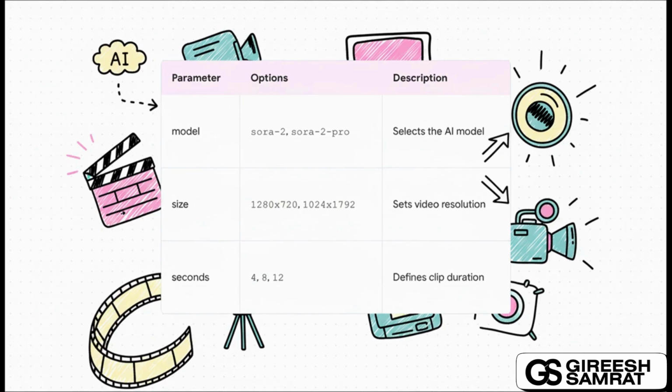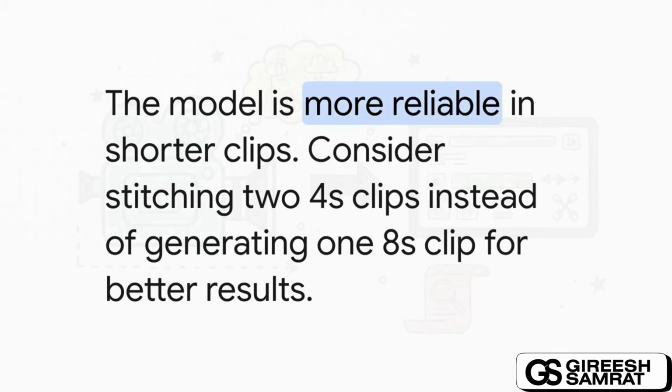Now this is super important, so listen up. You cannot ask for these things in your text prompt. You can't just type, make a 12-second video at 1080p. It doesn't work that way. You have to set these parameters explicitly in the API settings before you even send the prompt. It's a hard rule. And here's a little pro tip for you, straight from the experts.